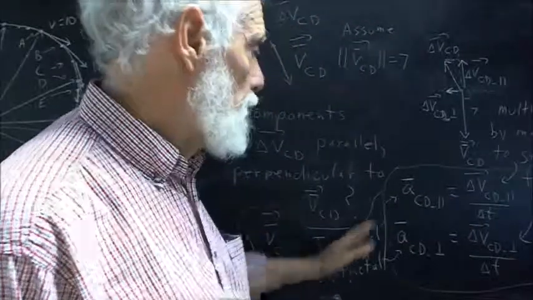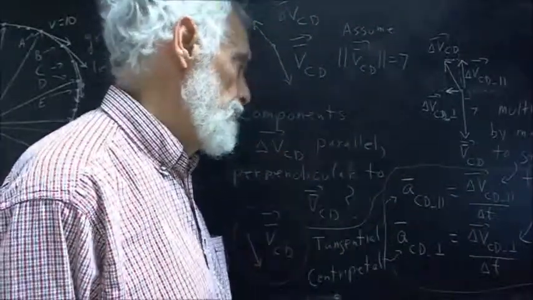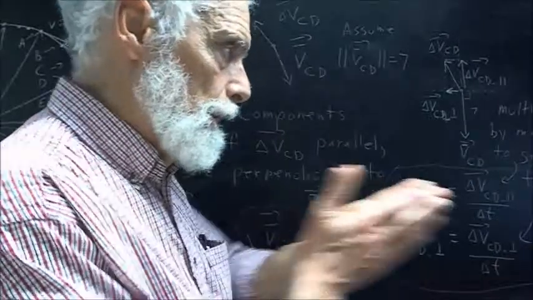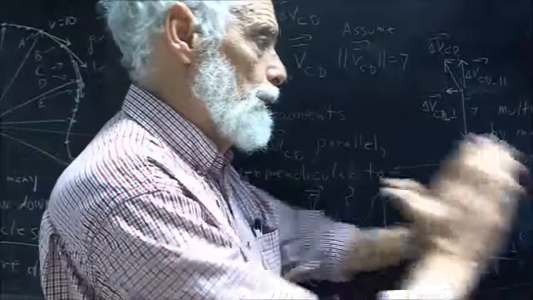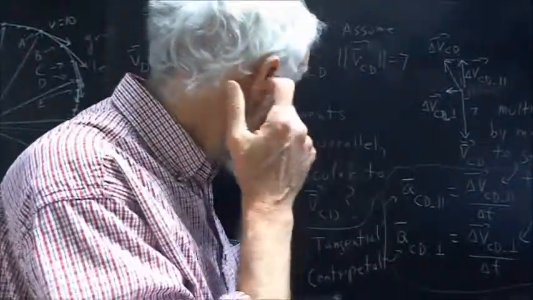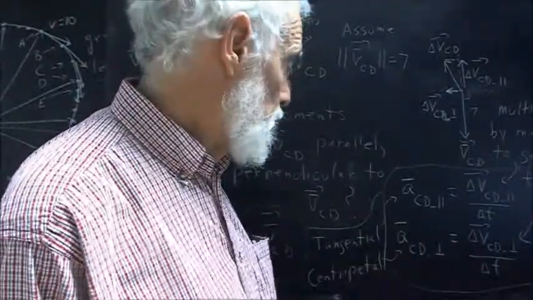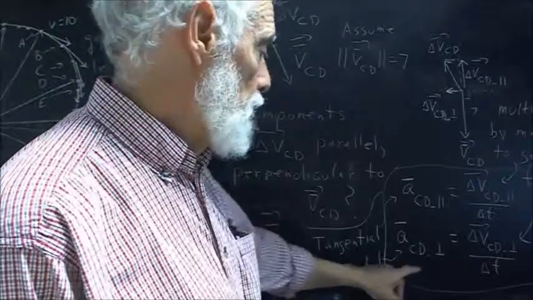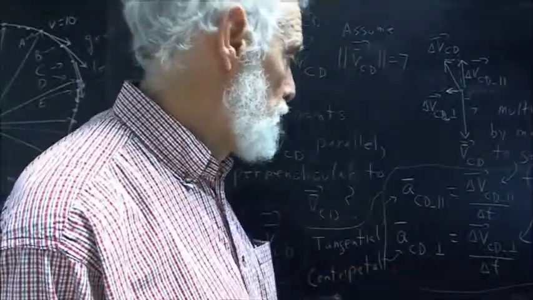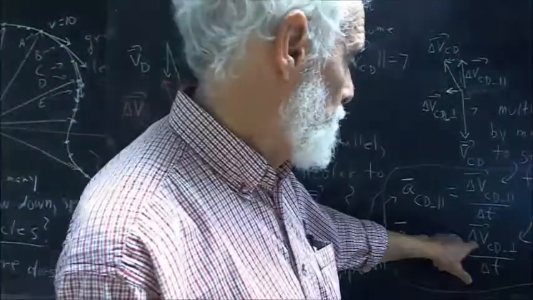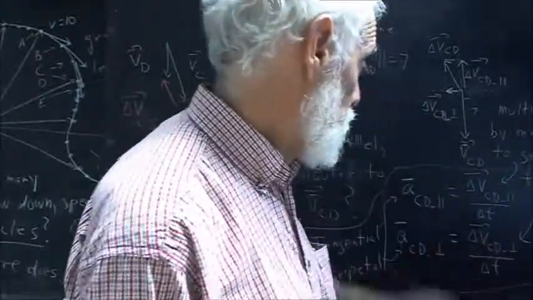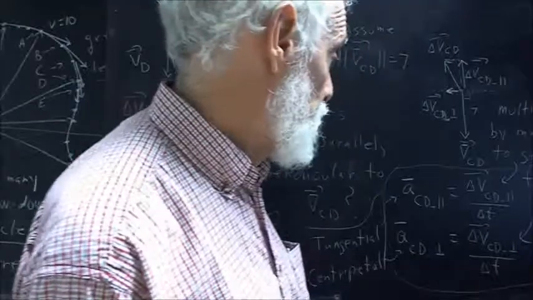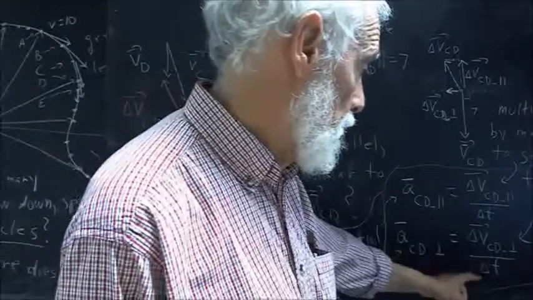We call that the tangential acceleration. That's the acceleration in our direction of motion. It will either be in our direction of motion or opposing our direction of motion. The centripetal acceleration is the acceleration perpendicular to our direction of motion, and that's calculated by taking the component of the velocity change in the perpendicular direction,